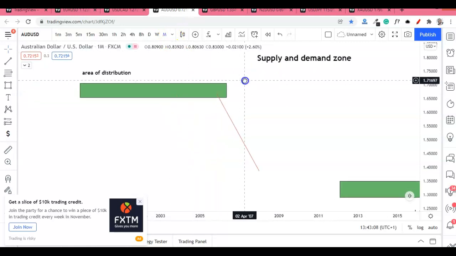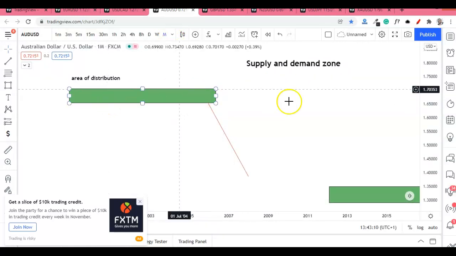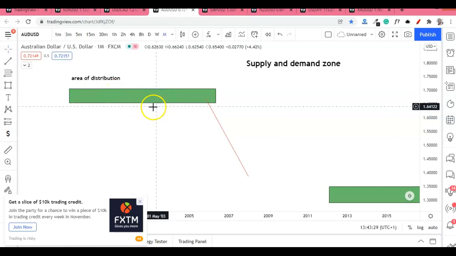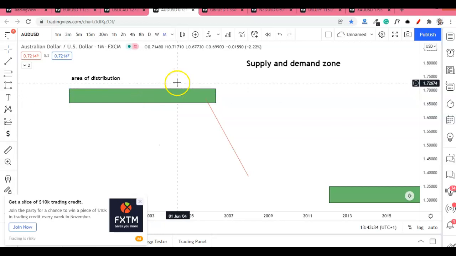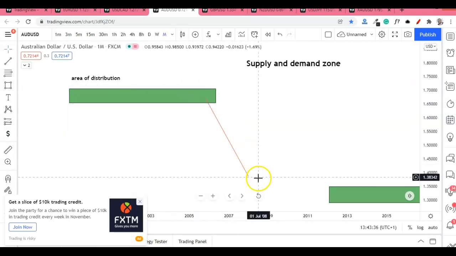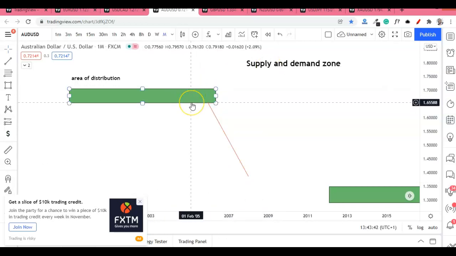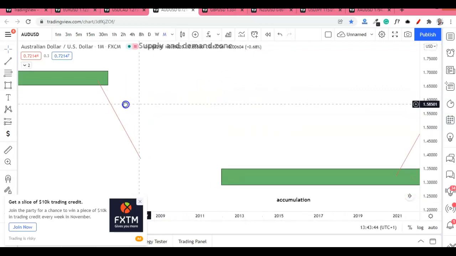Now, the supply and demand zones, how do we identify them? Supply zones are simply areas of distribution, where orders were filled that take price to the downside. As I said, areas of distribution are simply areas of manipulation. The market was manipulated to take out the weak hands in order to move the price downward. Now that means you sell at an area of what? Premium,